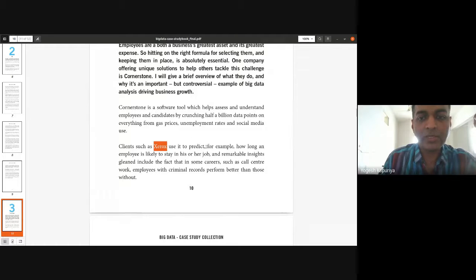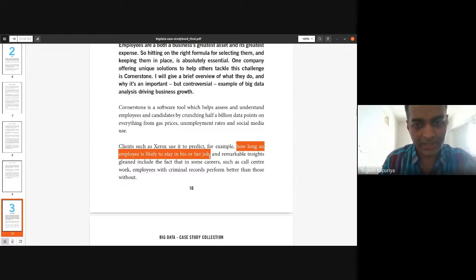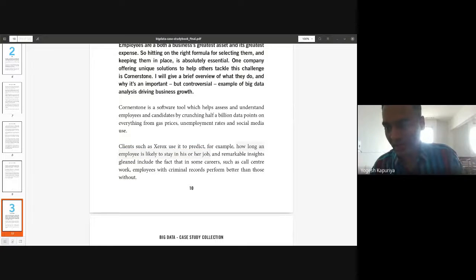And their use case is they basically record how long an employee is likely to stay in his or her job. By using this product, they are predicting the chances that a particular employee will be with the company for this amount of time, because this is now a very hot problem in the industry that employees jump from one job to another.